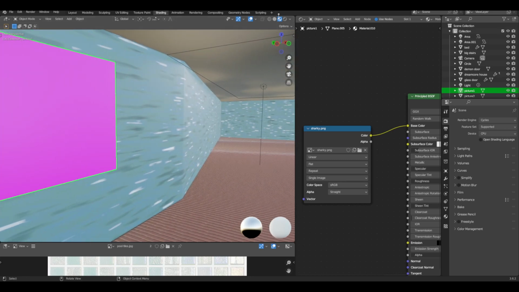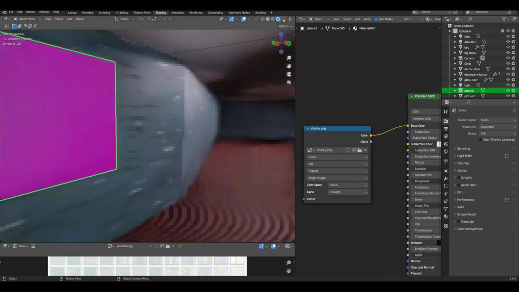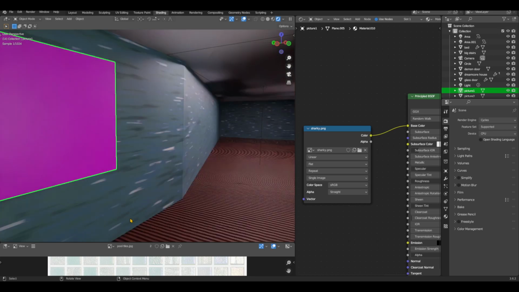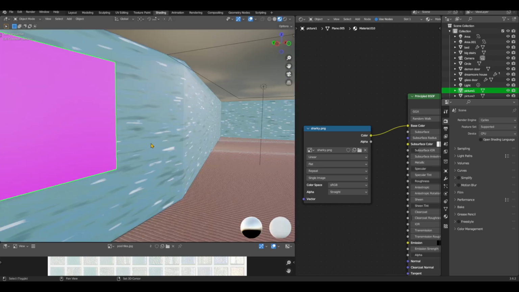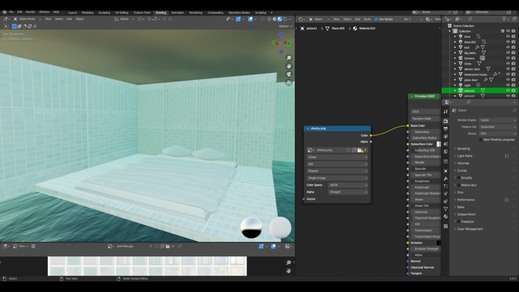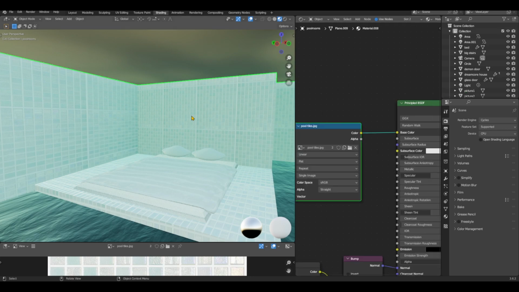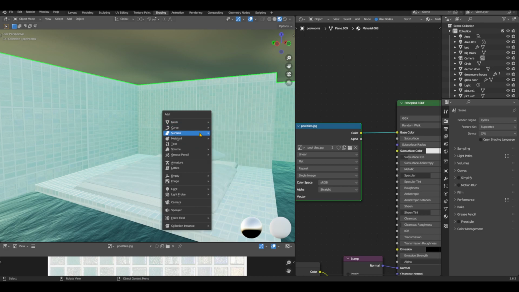So all the light that you saw just earlier came from over here. So what we want to do is, I don't know exactly how to get better lighting for this, but what I do know is